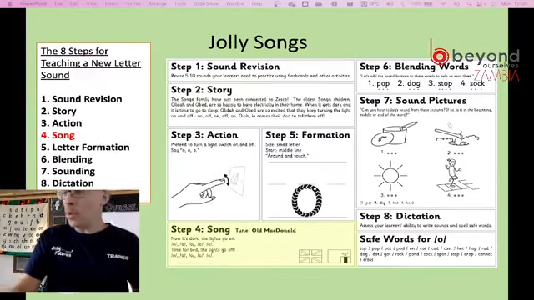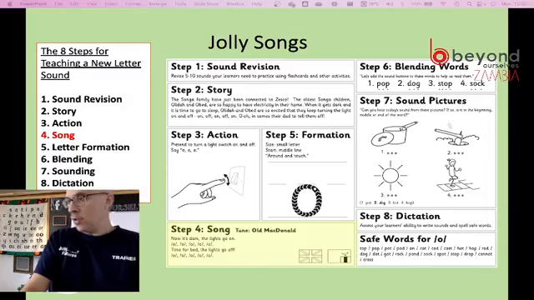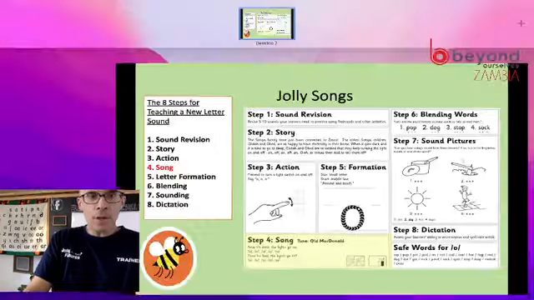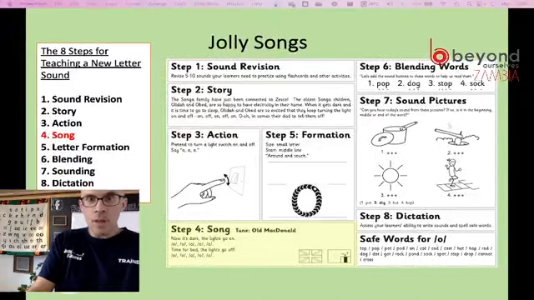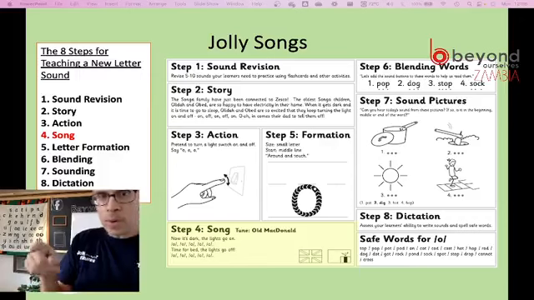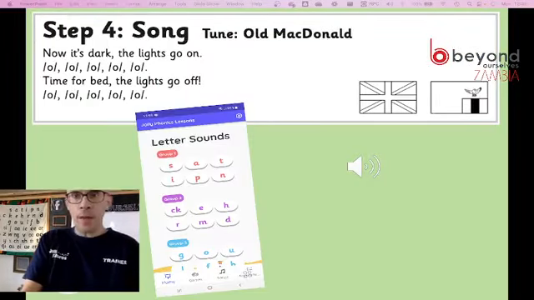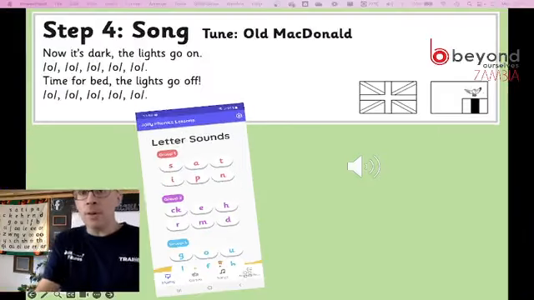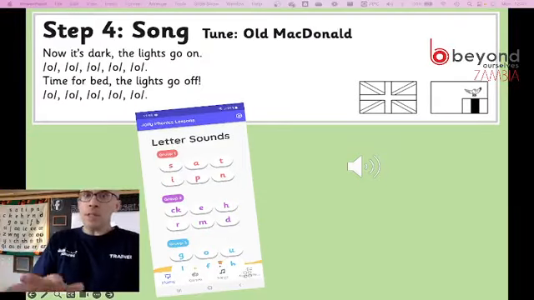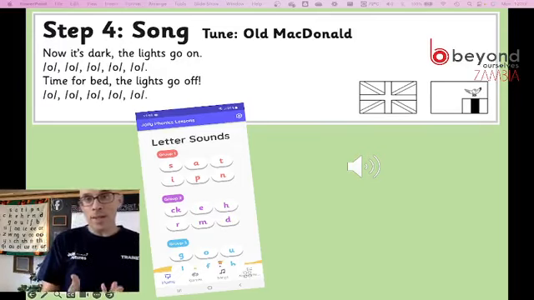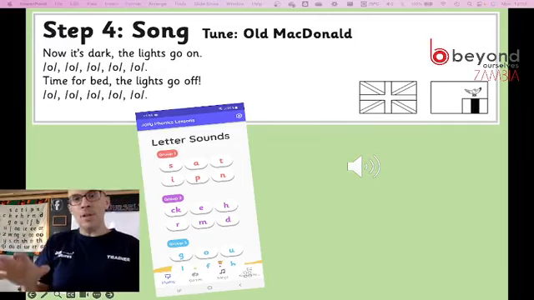And then what I want to point out to you is that in the Jolly Phonics teaching aid, you'll find that sometimes in the corners, with this song for the sound O, you'll see that there are different flags in the corner. So I've made that big there, so hopefully you can see that okay. So we've got two flags, and the reason is that the songs were developed in the UK, so that's the British flag, and some of the songs,